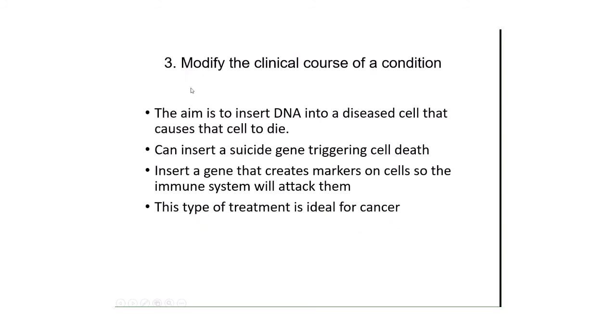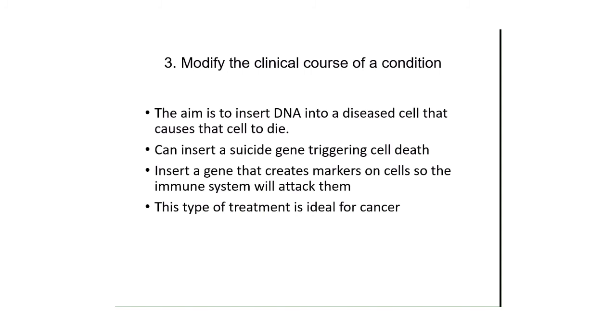Finally, we can use gene therapy to modify the clinical course of a condition. The goal here is to insert a DNA into a diseased cell that will cause the cell to die. So maybe it's a cancer cell in a tumor, and by introducing these special